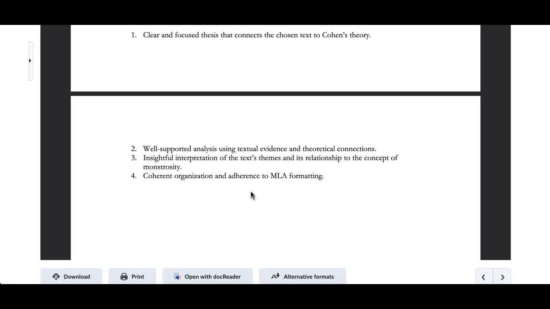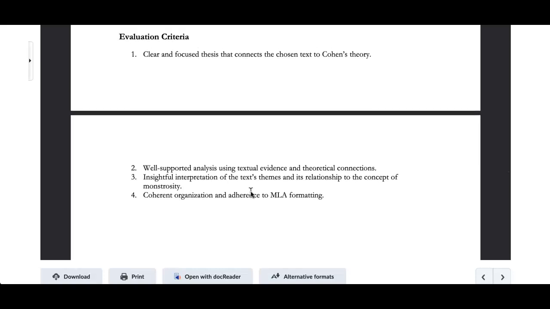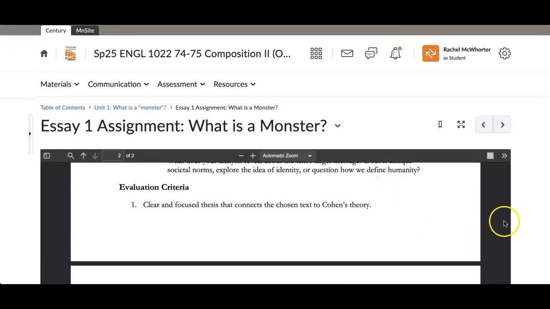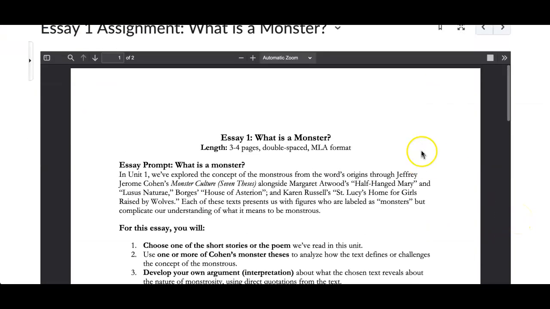That's an important part of the course as a thing that you can do, but I don't want to stifle any possible new ways or directions your mind wants to take that come to you while you're reading these texts or thinking deeply about them. And of course, some kind of coherent organization that I can follow, that the reader can come along with you on this brilliant journey to the interpretation, and an adherence to MLA formatting to lend you that ethos and credibility you rightfully deserve.